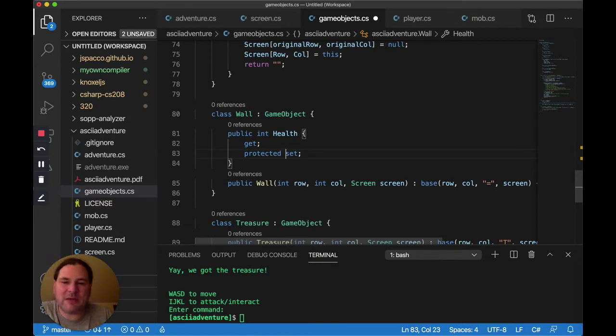Yeah, I'll make it private. Well, protected is fine. I don't think I'm going to have subclasses of walls. Oh, no, that's a great idea. What am I doing? Ha, no. Well, yeah. Okay,